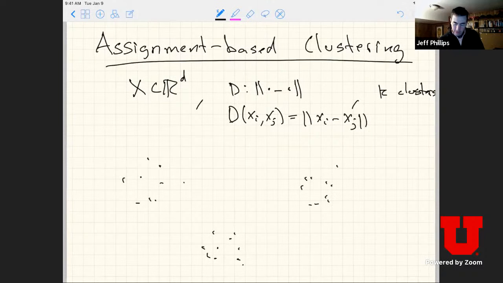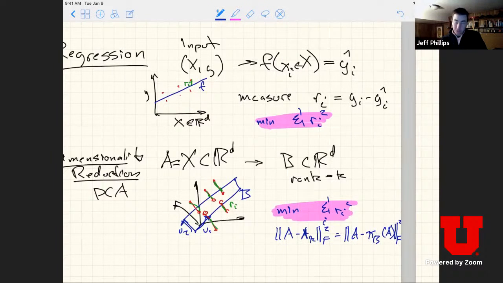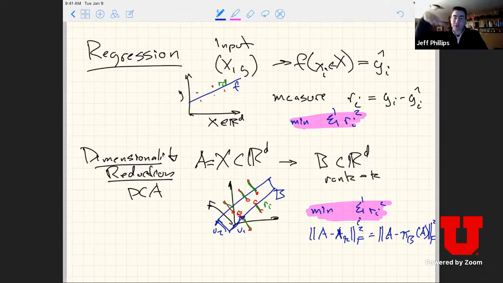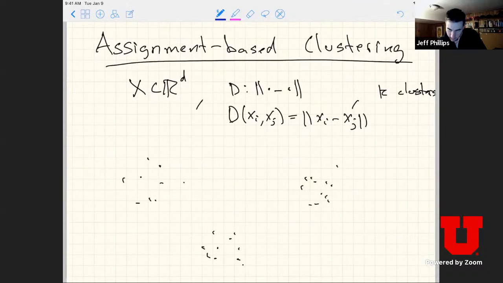Okay, and if it looks good like this, then this is how we want the data to look if we're running clustering. Again, we're assuming that there are clusters if you're running this. Now our model, before, was a function f, which is often thought of as a line in two-dimensional space, but is really a subspace B, right, in the dimensional reduction. In this case, the model M is going to be a set of points,